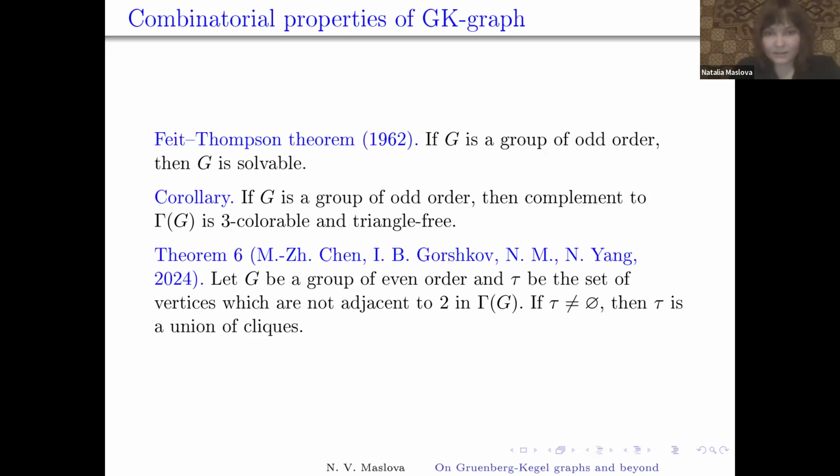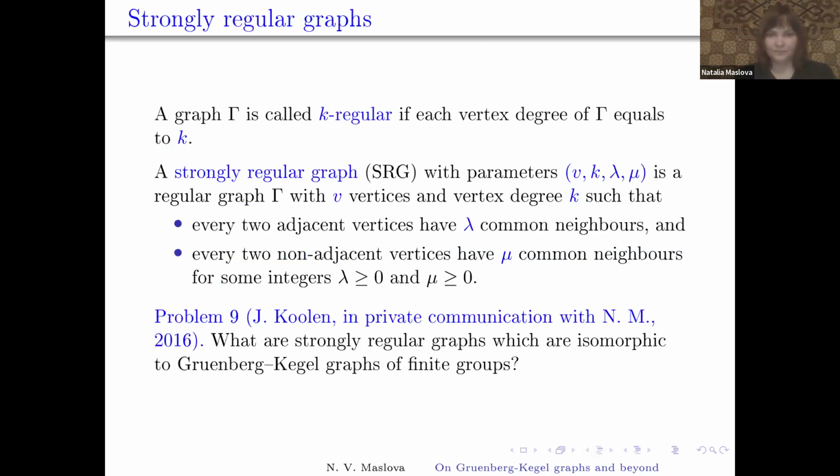And me and Minju Chen and Ilya Gorshkov and Nanin Yang proved that if a group has even order and there are vertices which are non-adjacent to 2 in the Gruenberg-Kegel graph of this group, then the set of all the vertices which are non-adjacent to 2 is a union of cliques. It's a very, very strong combinatorial property. And using this property, we can describe